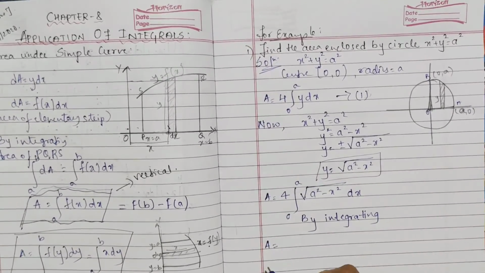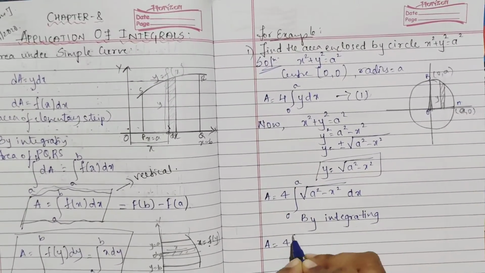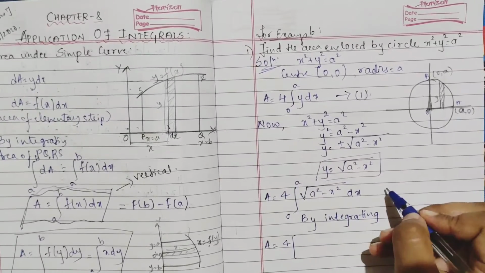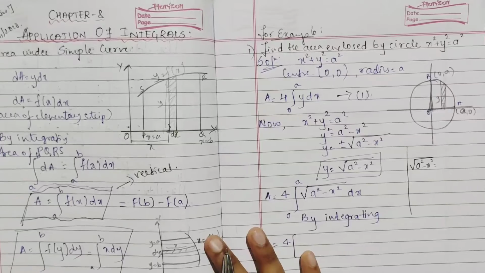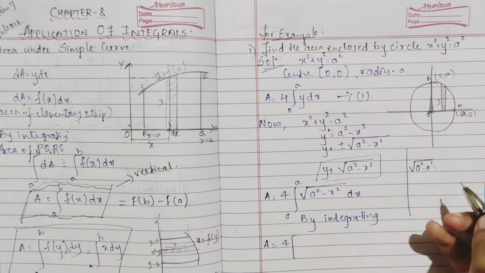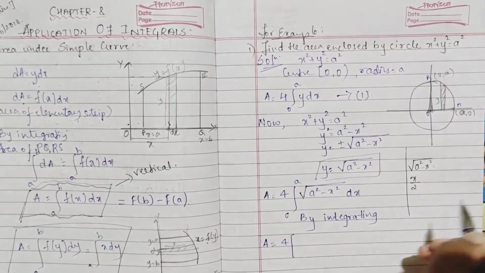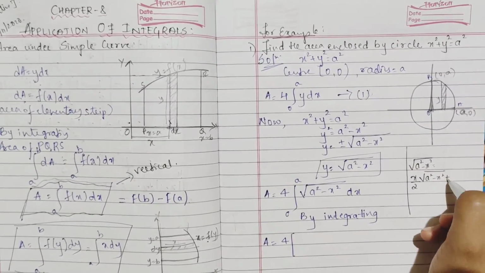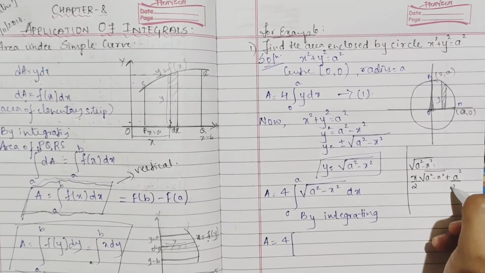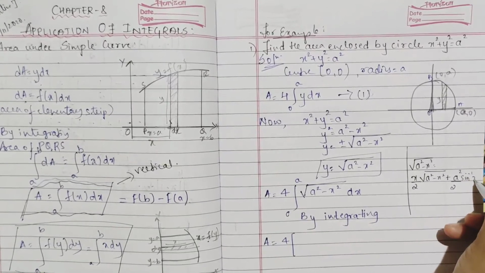You know this formula, right? The formula for the integral of root of a square minus x square is x by 2 root of a square minus x square plus a square by 2 sine inverse x by a